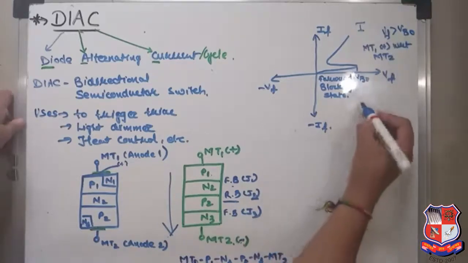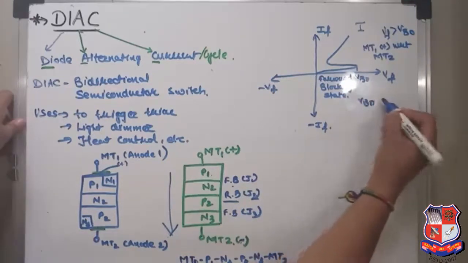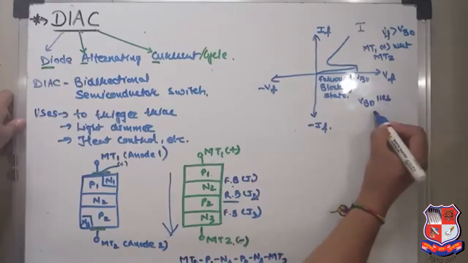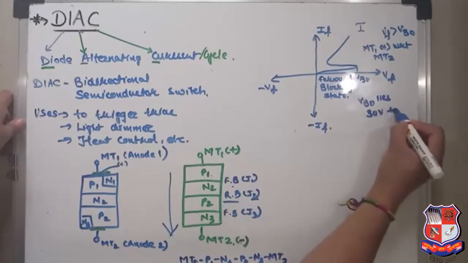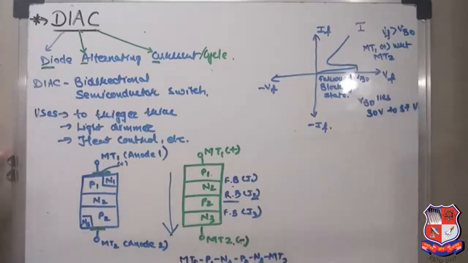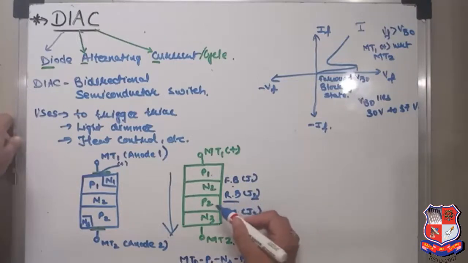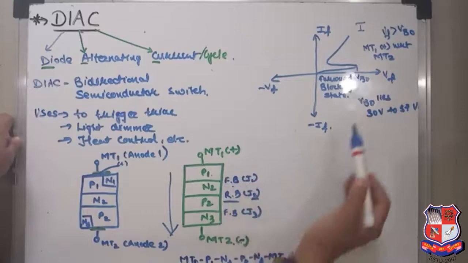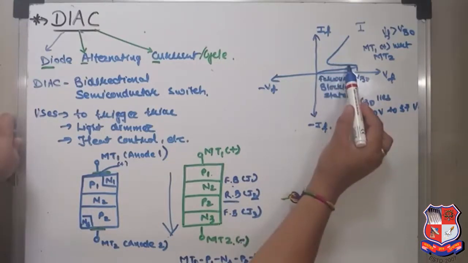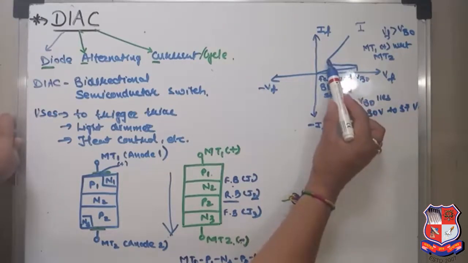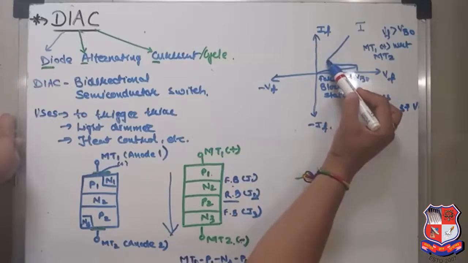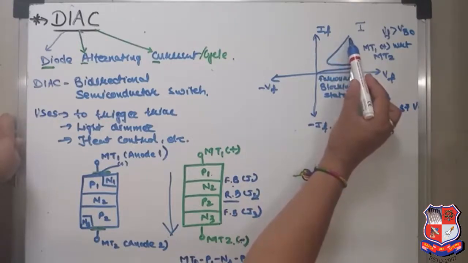Now basically the breakover voltage value lies between 30 volt to 37 volt. At that time there is an avalanche breakdown of the reverse bias junction J2, and your device gets on and current starts to flow. So suddenly there is a transition state, means your device transitions from the off state to the on state. It is in the on condition, and your current rapidly rises, and the voltage across the device drops down.